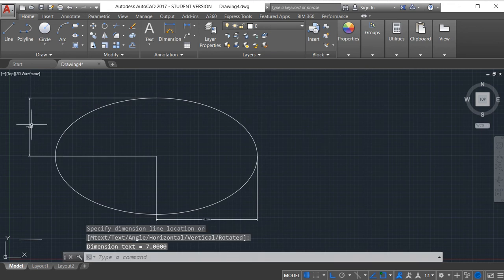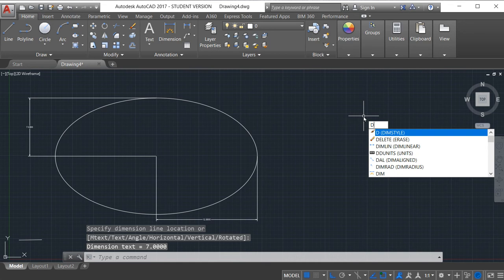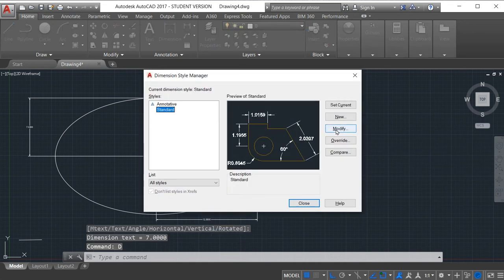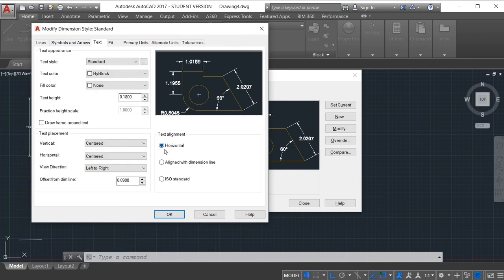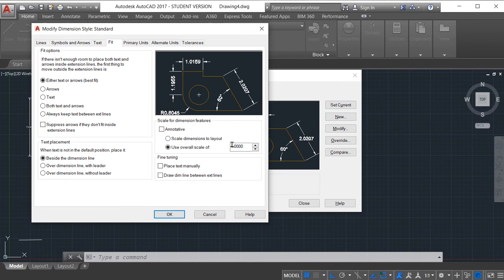For increasing the size of the dimension, type D, press enter. D is for dimension style, and we can modify dimensions from here. So text, ISO standard, then fit. Suppose, by default 1 is here, I will type 5.